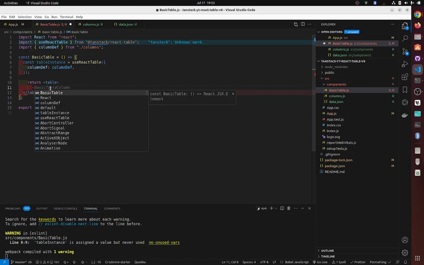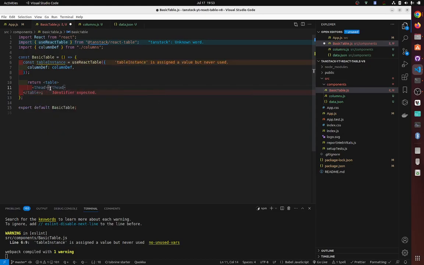So we need a table head, I think, right? I'm just reminding myself how to correctly do it. So I don't put anything into table head. Okay, so now in here we do table instance